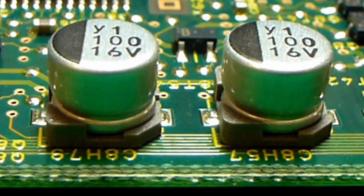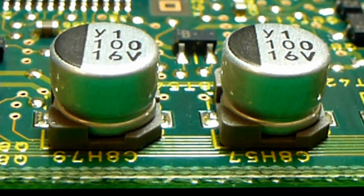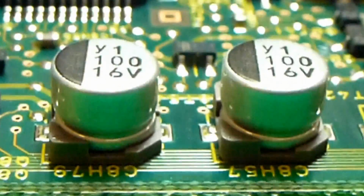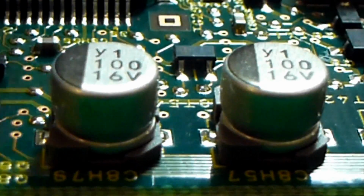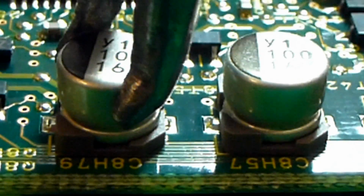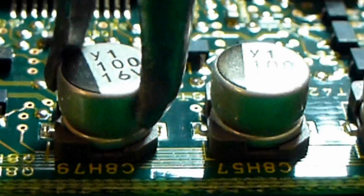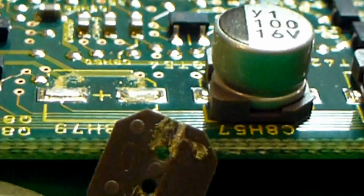So here are a couple of the capacitors on this board that I'm going to talk about how to replace. These are both surface mount 100 microfarad 16 volt capacitors, and you can try to unsolder them one end at a time, but I've always found, let me try to get my light positioned here, if you just take a pair of pliers, grasp the capacitor, and with a little bit of downward force begin to twist, it'll actually fatigue the leads